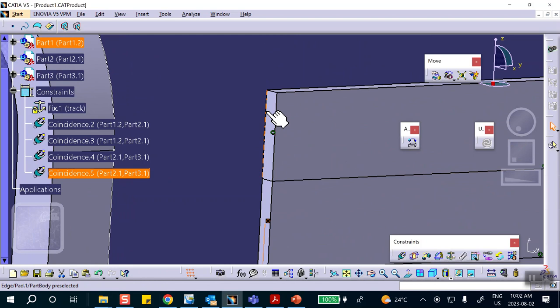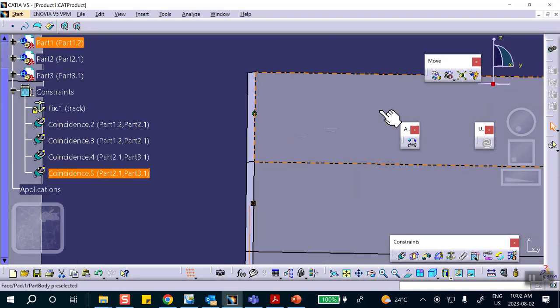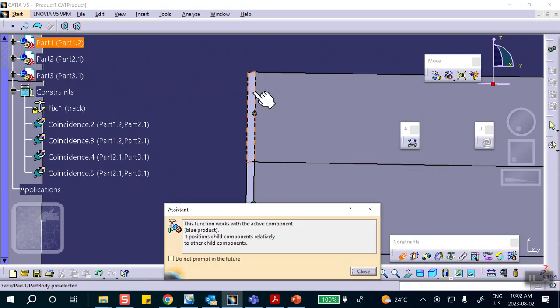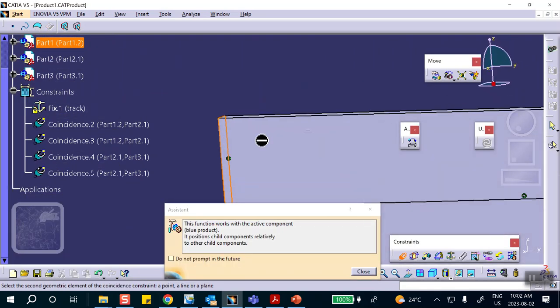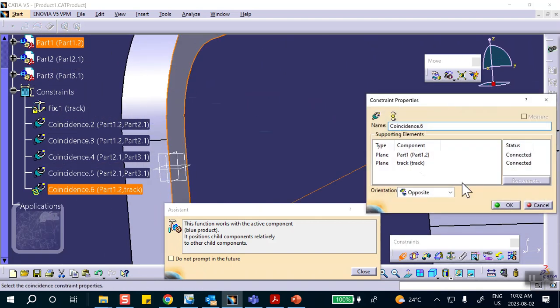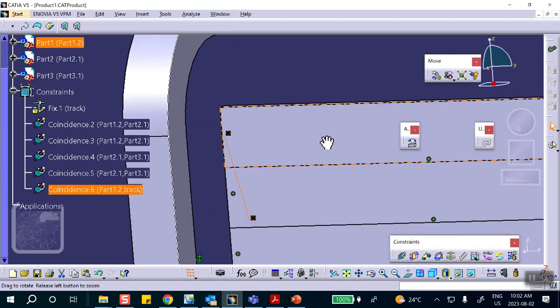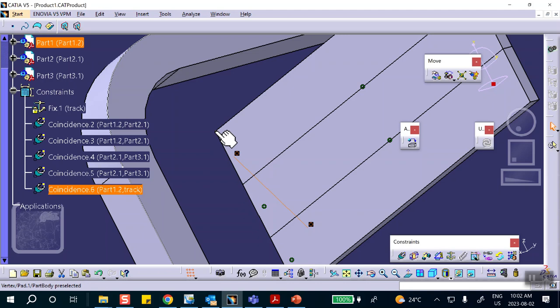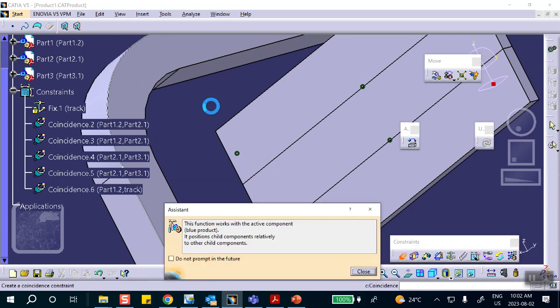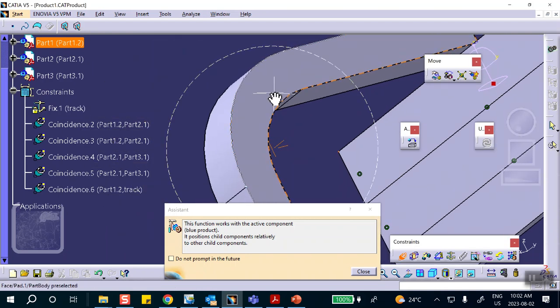Okay. Now I want to bring this and put it against that wall. So let's say coincidence between this plane and that plane. Okay, and I want to bring this and put it on that curve, for example. So for now, we're going to do it like that. Coincidence between this point and,